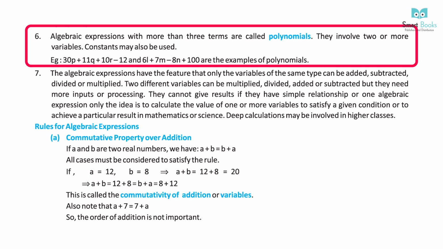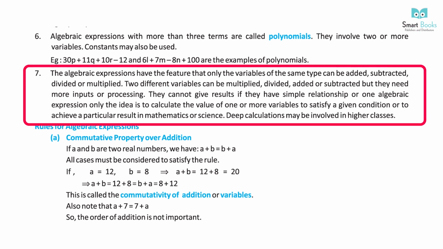They involve two or more variables. Constants may also be used. Example: 3p plus 11q plus 10r minus 12 and 6l plus 7m minus 8n plus 100 are examples of polynomials. Seventh, the algebraic expression has the feature that only the variables of the same type can be added, subtracted,